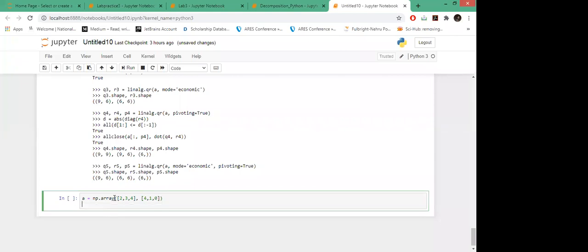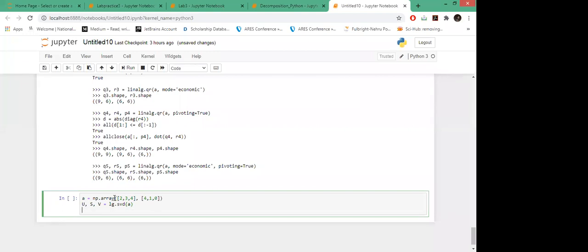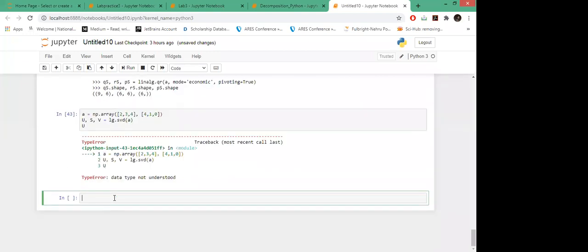So again for this we have a simple SVD function. I will store this in S. I will call lg dot svd to get the output of this A. Let's see what we have.